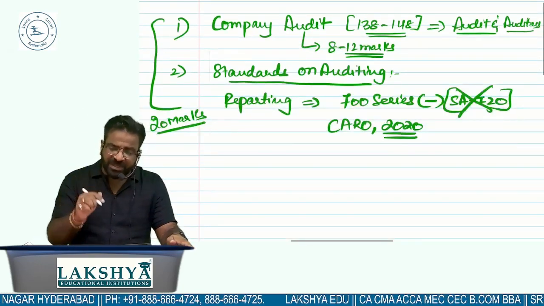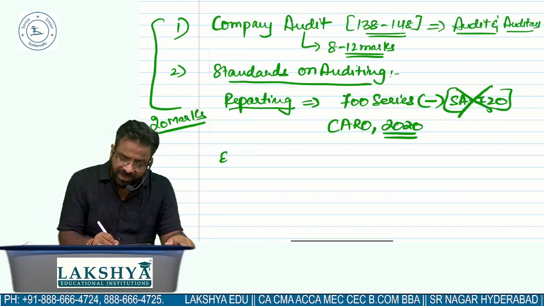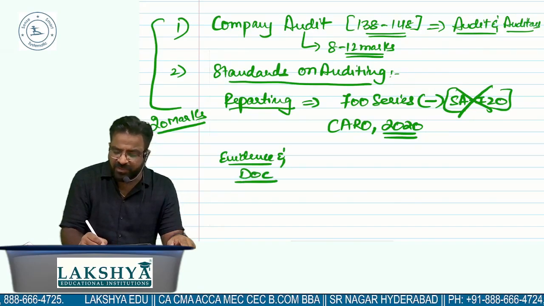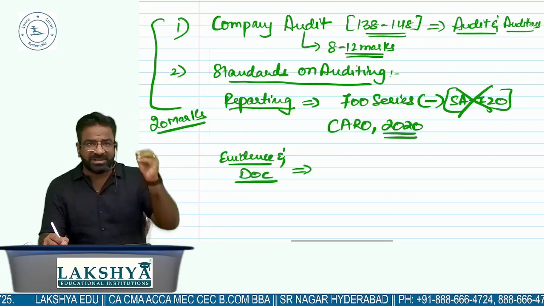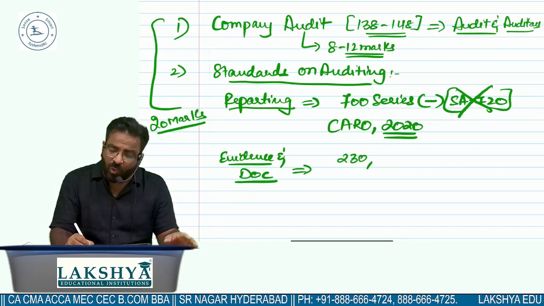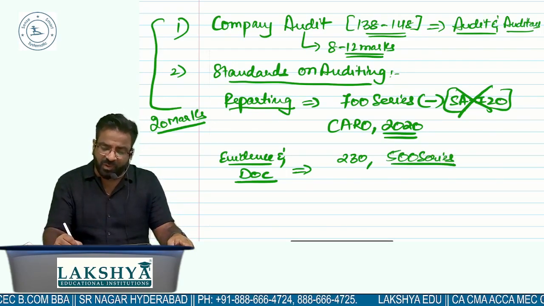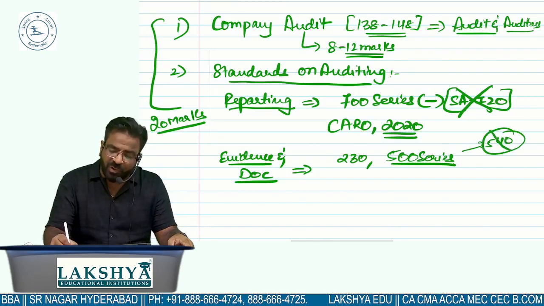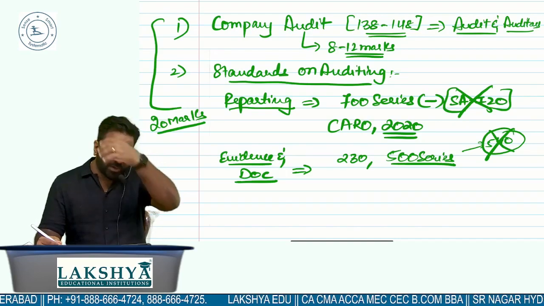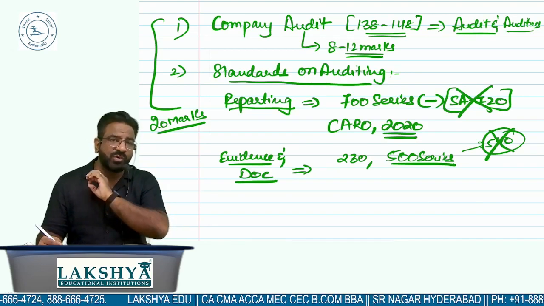Now, in the standards on auditing, let us go to the next favorable chapter which you need to do. That is called evidence and documentation. Reason being very simple, sir. Why should evidence and documentation be our third priority? Because in evidence and documentation, you are going to do SA 230. You are also going to do almost the entire 500 series. As you all know, 540 is not there in your portion, SA 540 is not there, but make sure that you are covering the remaining 500 series. The 500 series and 700 series are, I'm telling you, the most important series.